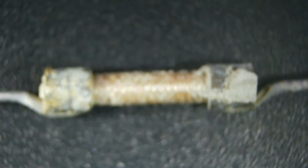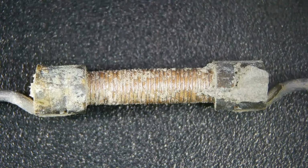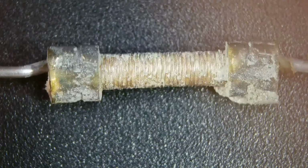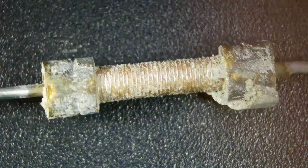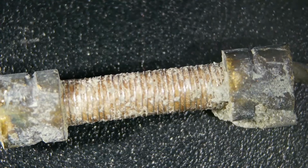Okay, it looks like some kind of rod there. We'll go in a little bit closer. Okay, so on the right and left sides, you can see the wire going out. That's this guy right here. And then they're wound with some sort of nichrome wire. Okay, which is pretty small. So let's leave this right in the center here, and we'll bear down on this a little bit and see if we can get a better view of what this looks like up close in the wiring. So we'll drop it down quite a bit,